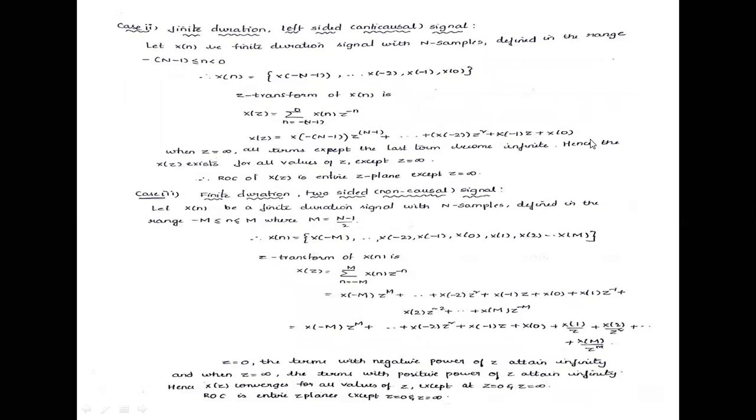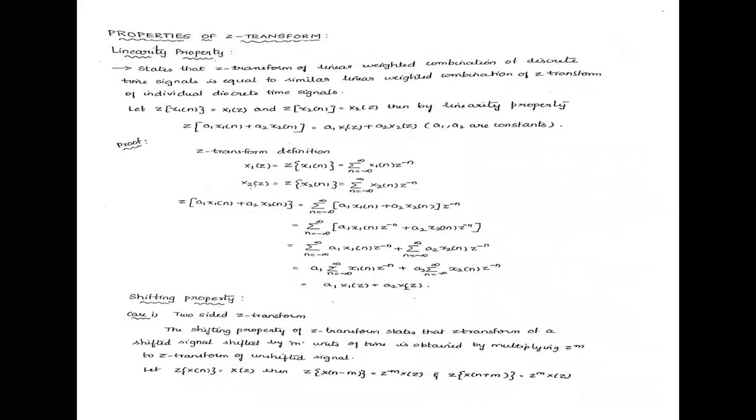Case 1, finite duration. Case 2, finite duration with left-sided. Case 3, finite duration with two-sided. Case 4, infinite duration with right-sided. Case 5, infinite duration, left-sided. And case 6, infinite duration, two-sided sequences. Okay, now coming to the